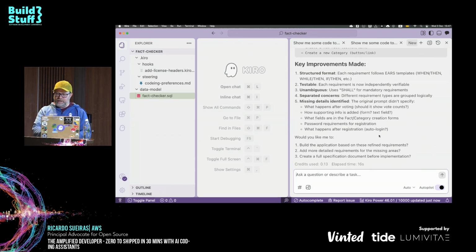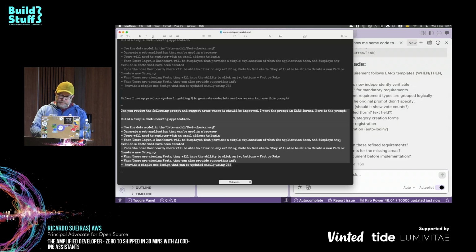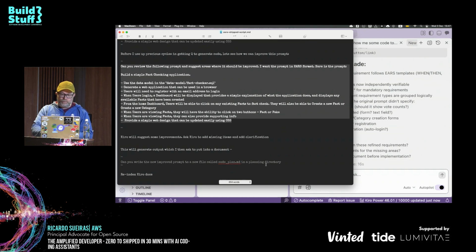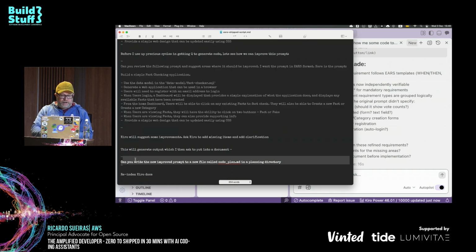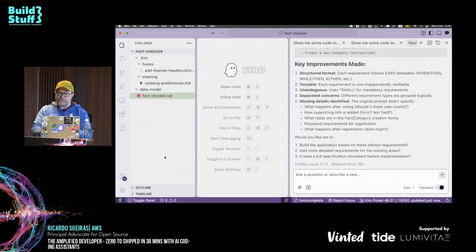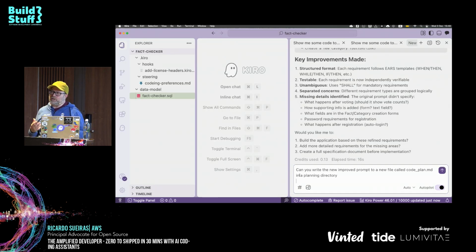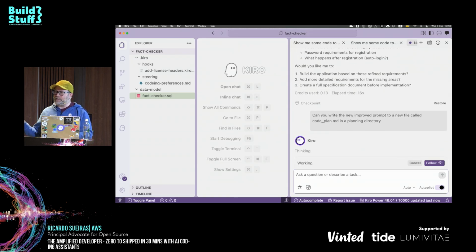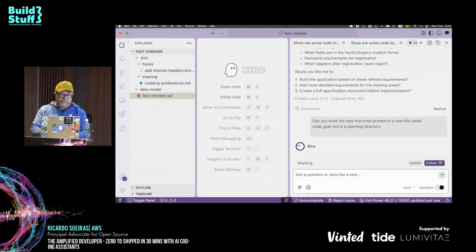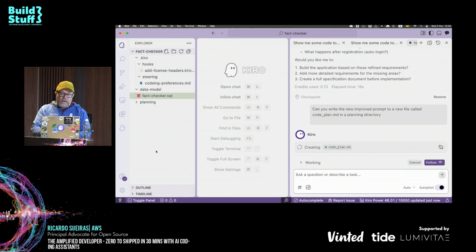Now, the temptation here, okay, might be to say, great, let's start building code. Not quite. What we're going to do is take a step towards spec-driven development, okay? We're going to ask it to write this new improved prompt into a file. It doesn't matter what the file's called. I'm just calling it code plan. You can call it anything you want. It's going to take that prompt and put it into a markdown document, which I can actually go and review